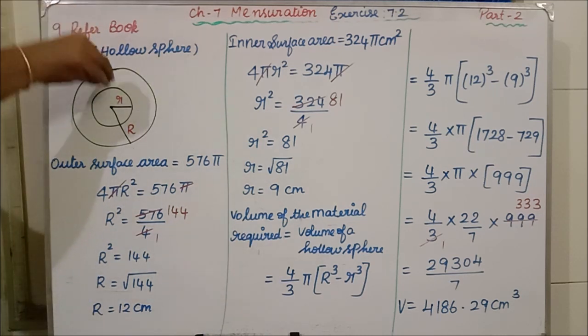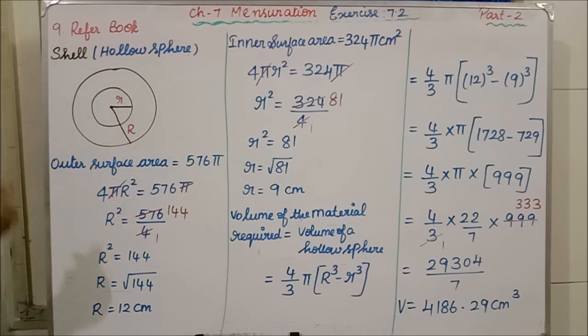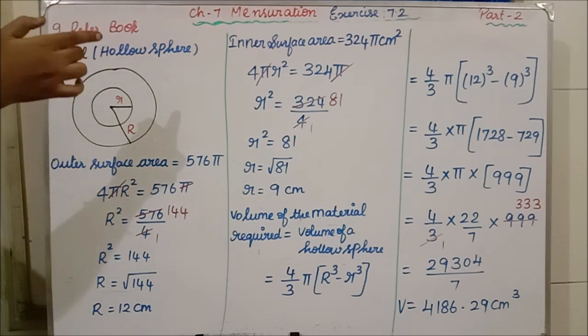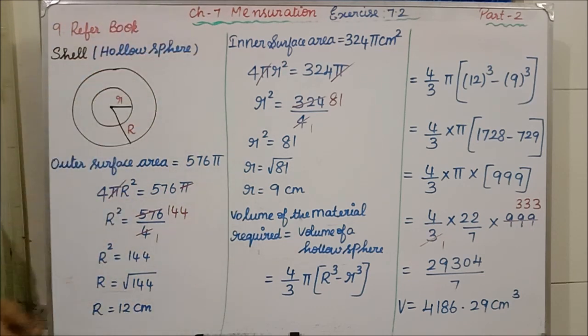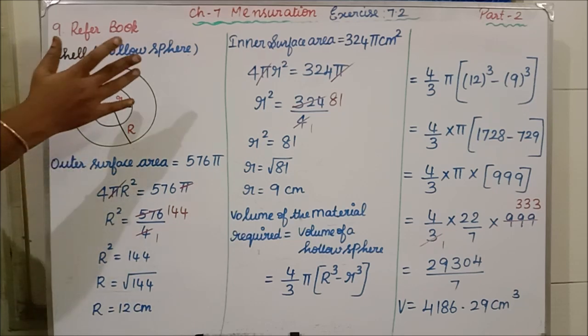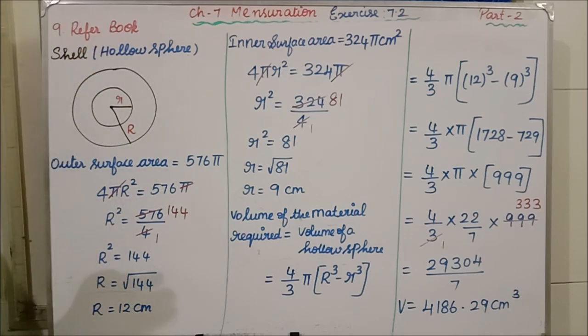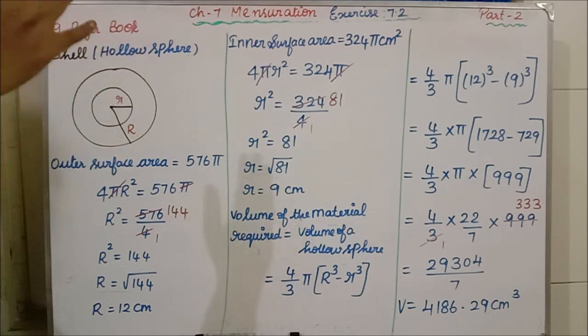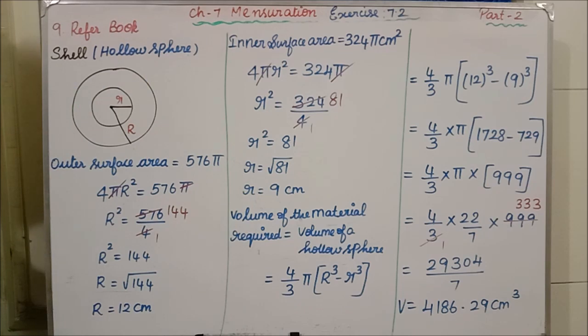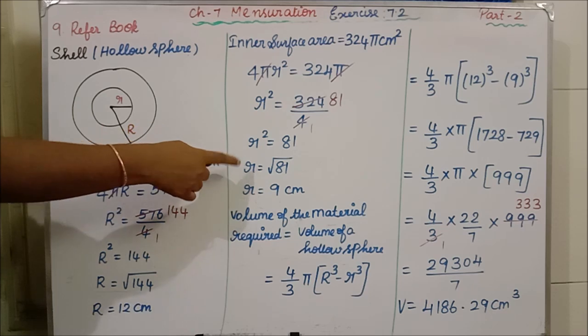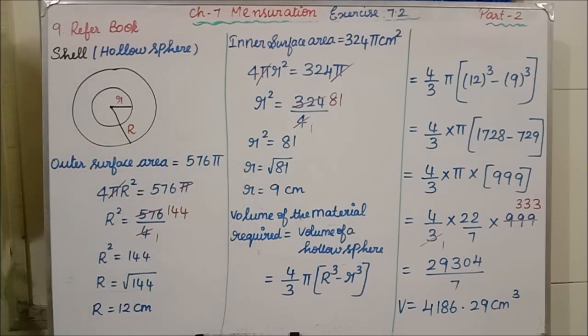Next, using the inner surface area, what value can I find? Inner radius, which means small r I can find from that. See, the inner surface area formula is what? Same only. Here we have taken capital R, there we are going to take small r square. But anyhow the formula is 4 pi r square only. For that the value they have given in the book is 324 pi. Again I am cancelling pi, I am taking the 4 to the divide form, then cancelling, I am getting r square equal to 81. So if you take square root, r value will be 9 centimeter.